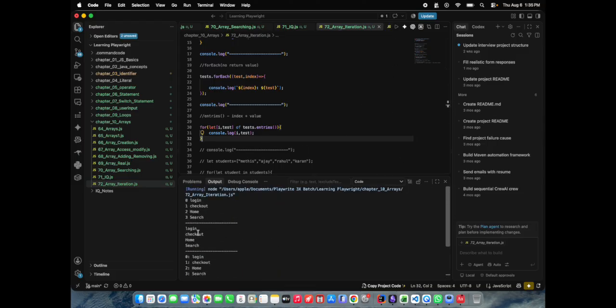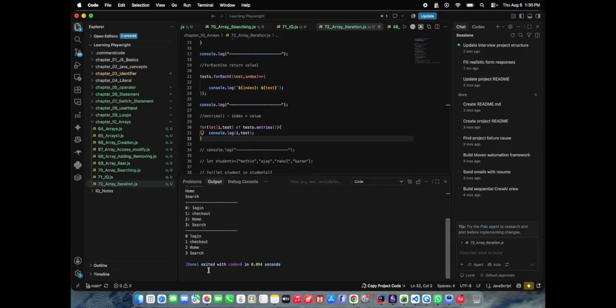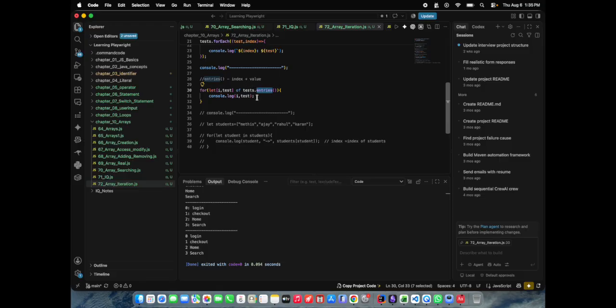How we have printed here, the same way we can use the entries also. tests.entries and i, test we can do. This is index for each loop, and this is one more thing, index, value, index plus value. And the last one we have, that one is